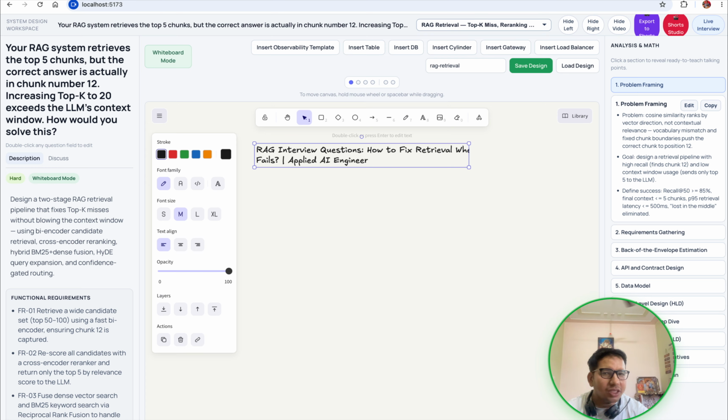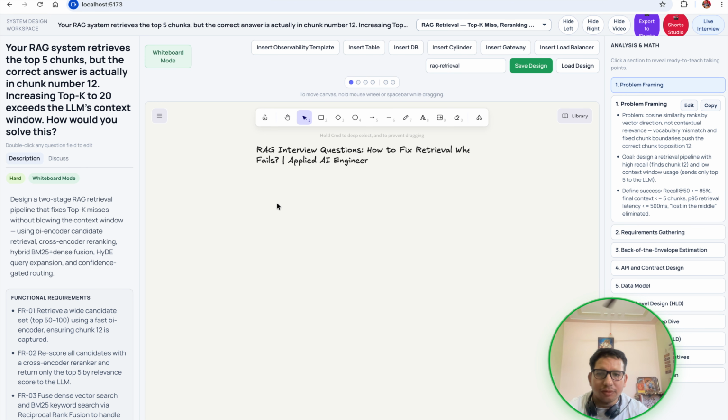So the problem statement is, let's visualize it. Suppose your document contains 100 chunks: chunk 1, chunk 2, chunk 3, chunk 12, which is the correct answer, and chunk 100.